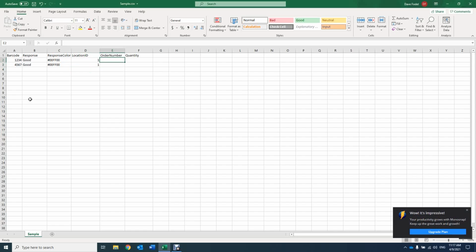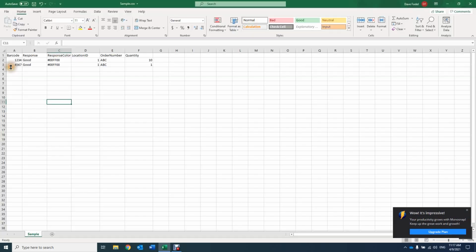And then we're going to give it an order number. So this can be any order number, bill of lading, whatever you need it to be. I'm going to call this order ABC, and this is going to be ABC. And again, by order number, it can be alphanumeric. It doesn't have to be pure numbers or anything like that. And to display that pallet counting feature, we're going to go ahead and give these a quantity of 10 and 1. All right, so now that I've done that,